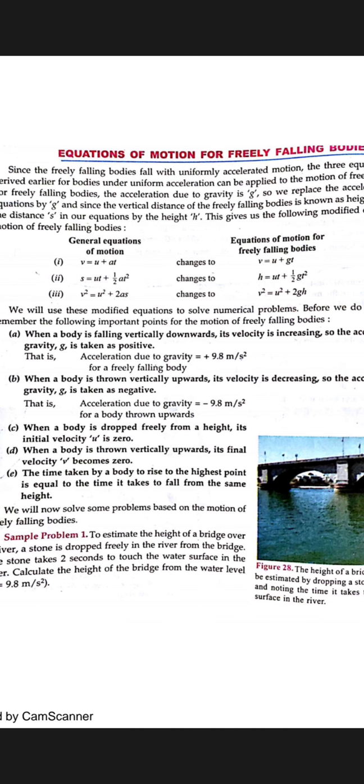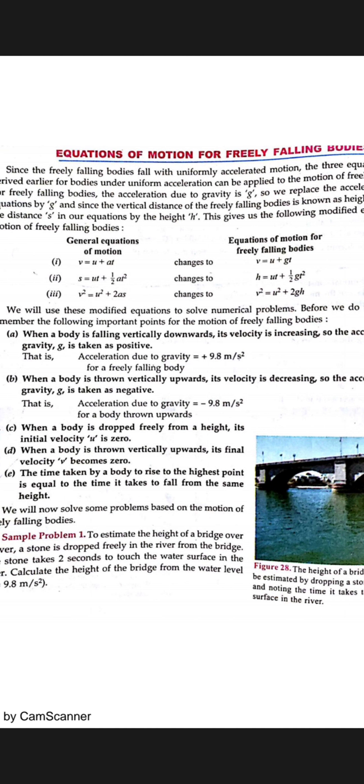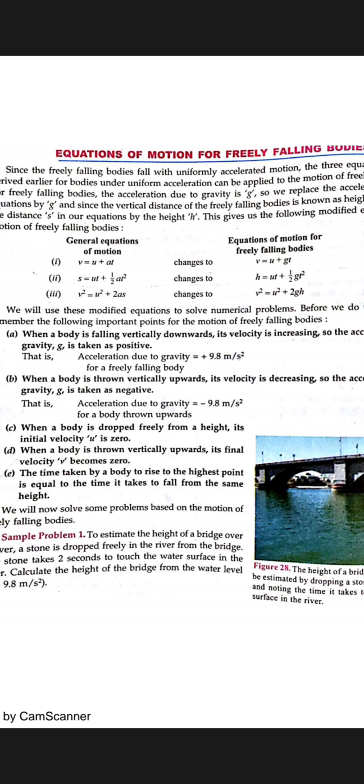Similarly, when the object is thrown vertically upwards, the velocity it attains at the highest position will be 0. Right? Because we have to throw a ball with some speed or velocity, then it will go to a height, and when it reaches the maximum point, the velocity at that point will become 0. So we can say here that whenever a body is thrown vertically upwards, the acceleration due to gravity will be acting on it, and the initial velocity will have some value because we are throwing it with some speed, and the final velocity, that is v, will become 0, because at some point the velocity will become 0 and it returns back to the earth.